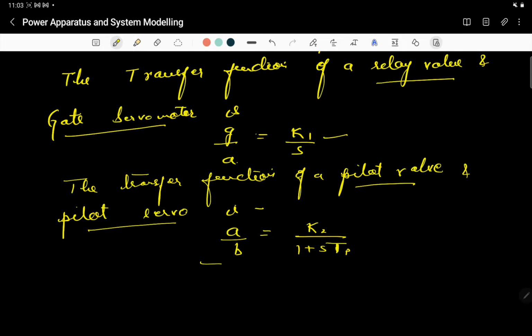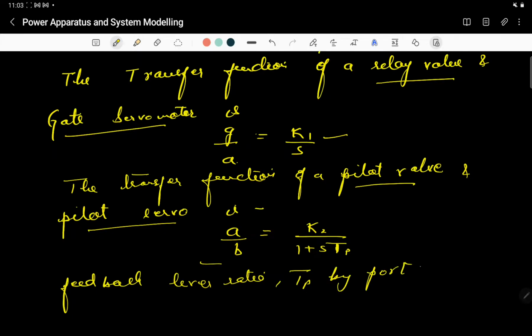Where K2, I have already told you, is simply determined by the feedback lever ratio, and TP by port areas